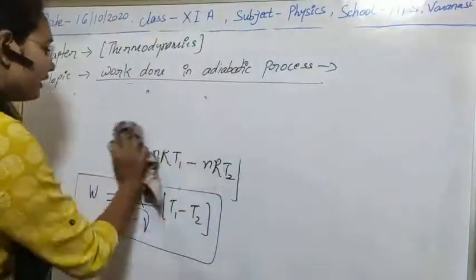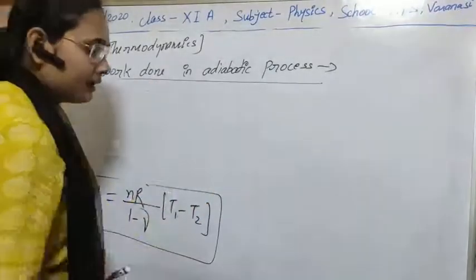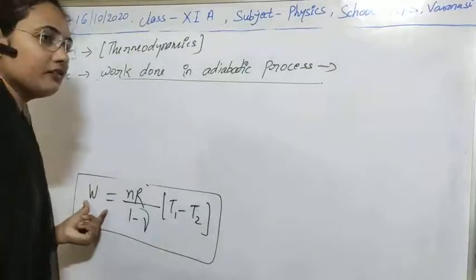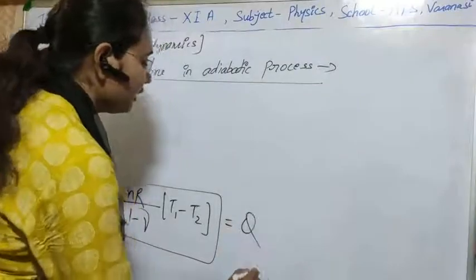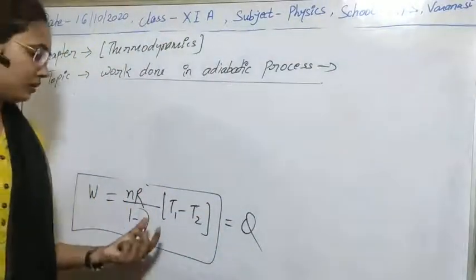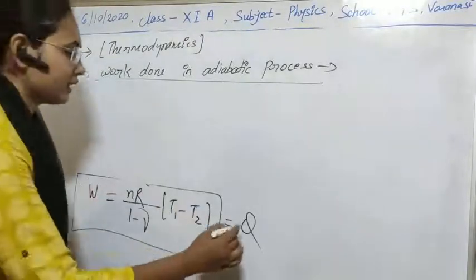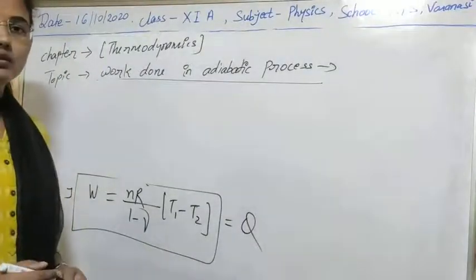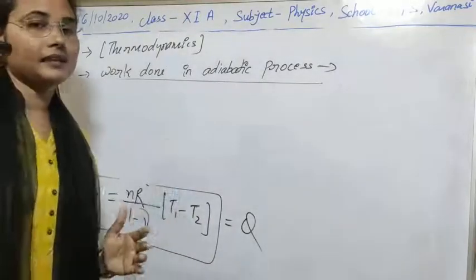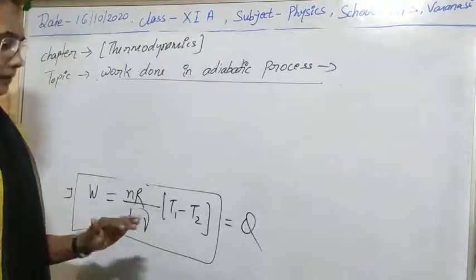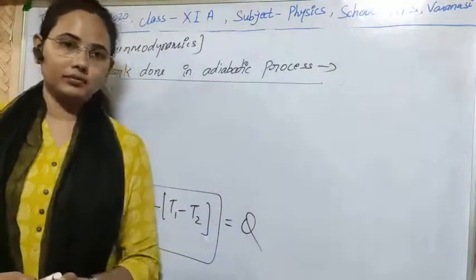Also, if we want to calculate the heat taken by the gas to expand it adiabatically, as you know, if this is the work done by the piston on the gas to expand it adiabatically, then that will be equal to the heat provided to the gas, or the heat gained by the gas, and it will be in the form of Joule. So I think what the work done to expand the gas adiabatically is, is now clear to you. I think in this calculation or derivation there was no problem.